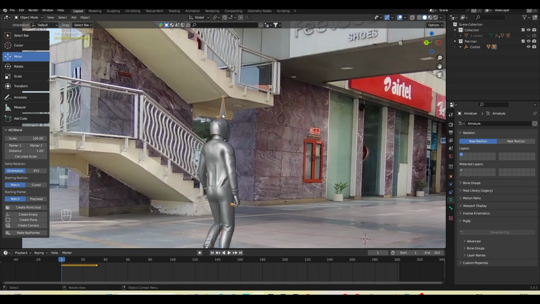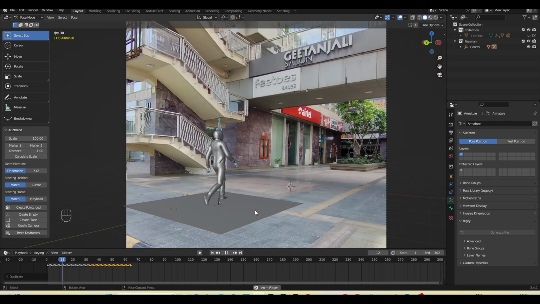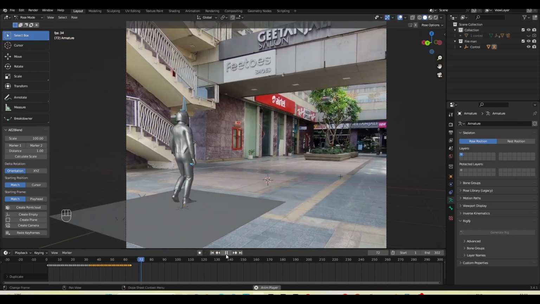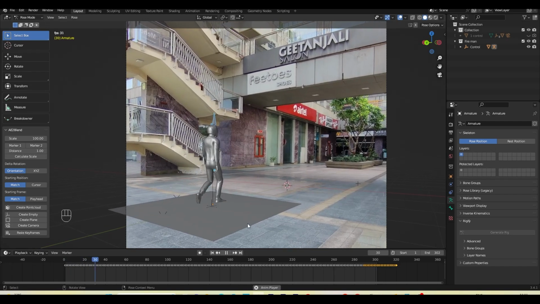If I zoom and select this bone, here you can see the keyframes. Okay, so select the bone, go here and choose the pose mode, and after that press A to select all the keyframes and press Shift D and just move over here. So if I play, you can see it keeps walking. So this is what I have to do. So I'll press Shift R, Shift R, Shift R, so it will repeat my action and it will keep walking. You see,